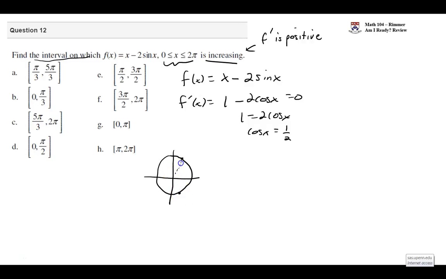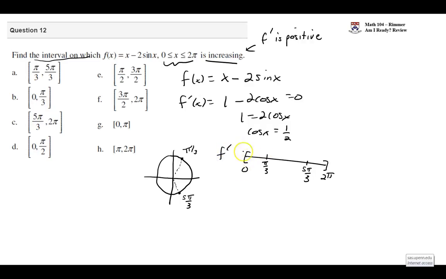This angle here is pi over 3, and this angle down here would be 5 pi over 3. And so that's going to chop up our interval. We start at 0, we end at 2 pi, and we have intermediate values of pi over 3 and 5 pi over 3. So that's how our interval is chopped up into now 3 pieces, and we're interested in the sign of the